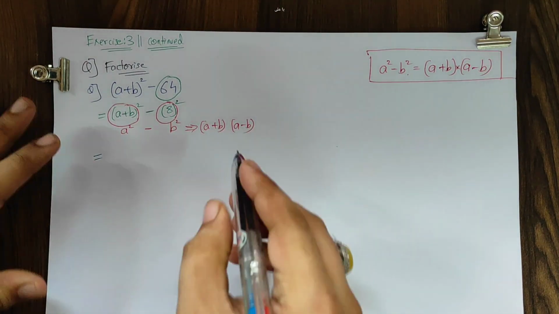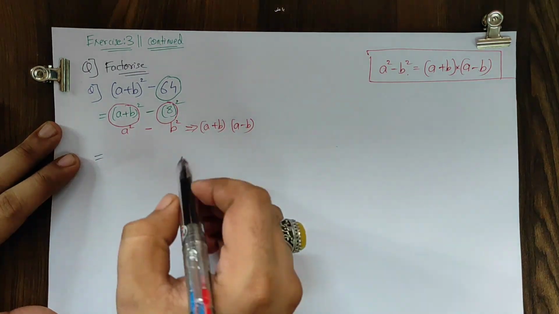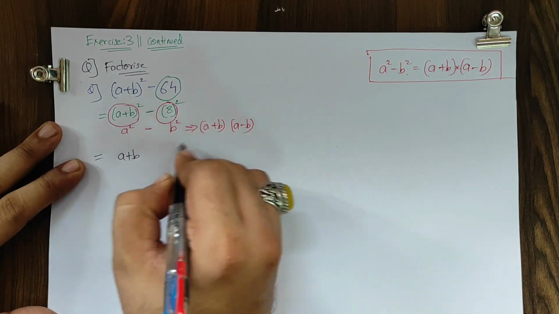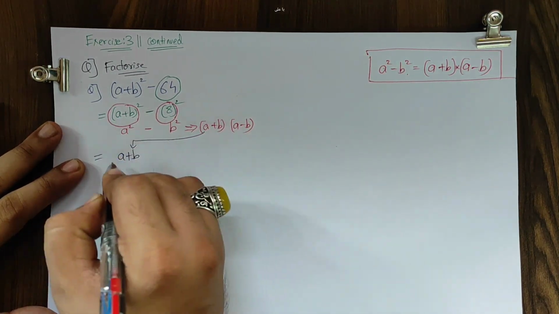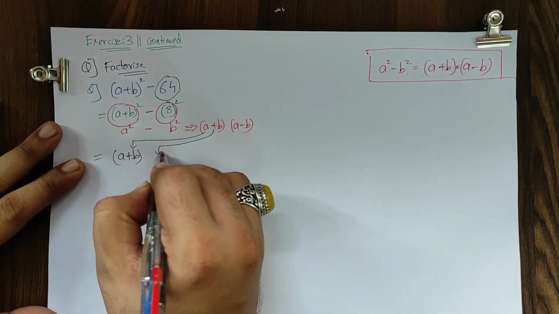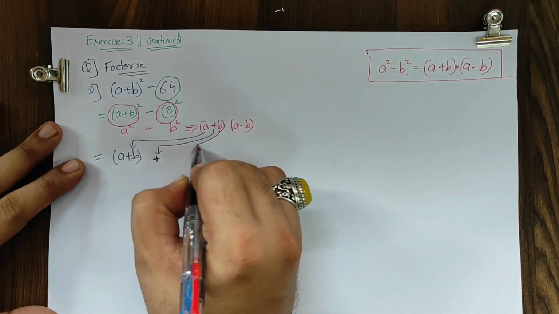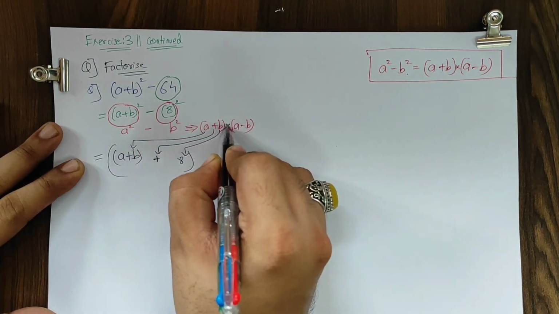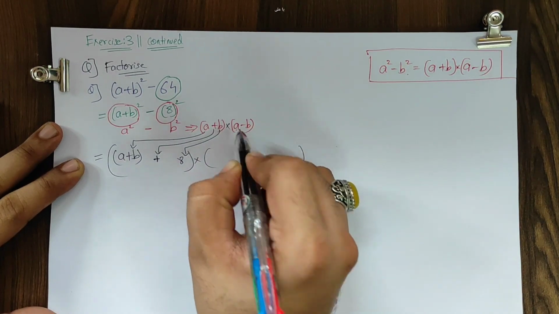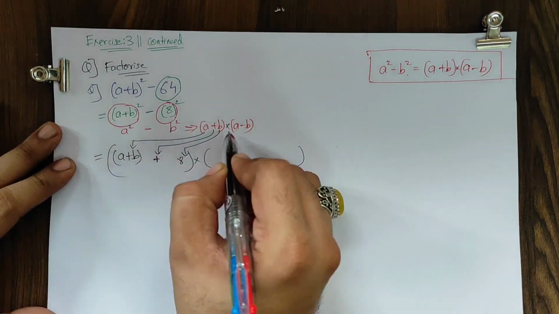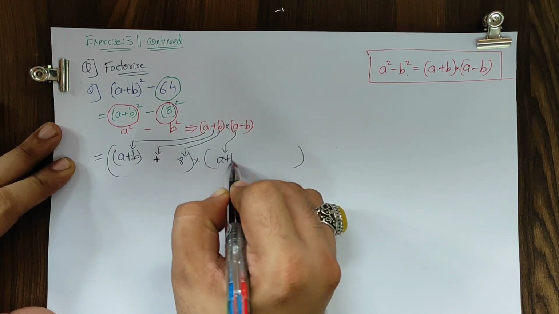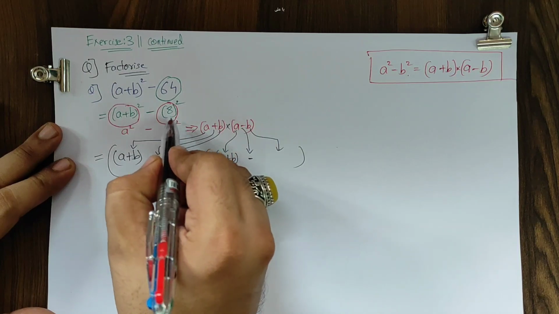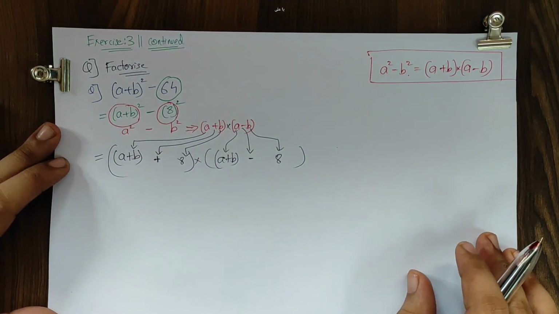Students, now you all tell me, what is your a? In this question मेरा a कौन है? a plus b है. तो a plus b ये a की जगह पे आया. This plus की जगह पे plus. And b at the place of b, what's my b in this question? My b is like 8, so 8 in between multiply. Once again, a, what's my a in this question? My a is like a plus b, so at the place of a I'll put a plus b. This minus as it is minus. At the place of b in this question मेरा b कौन है? मेरा b 8 की तरह है, so it's like 8 for me.